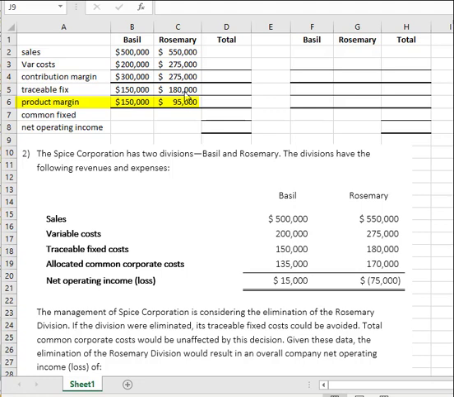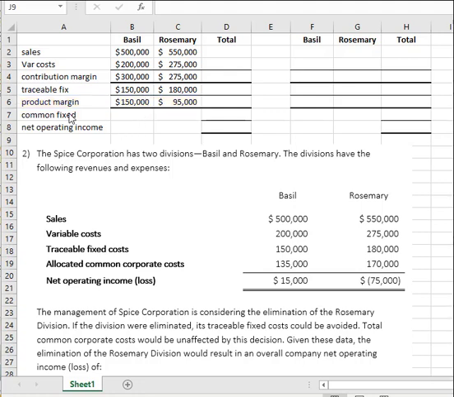So this is the fixed cost dedicated to Rosemary, and nobody else shares that fixed cost. So if you get rid of Rosemary, whatever that equipment is, depreciation, whatever that activity is only done with Rosemary. And so if Rosemary is discontinued, that goes away. Same thing here, that 150 belongs to Basil. As long as you're doing Basil, you're incurring it, but if you're not, that portion of fixed costs will be